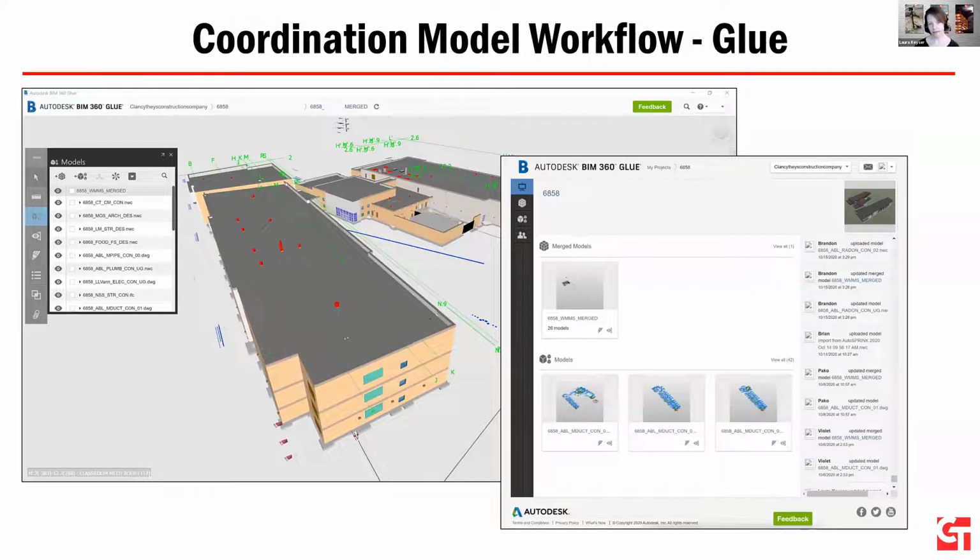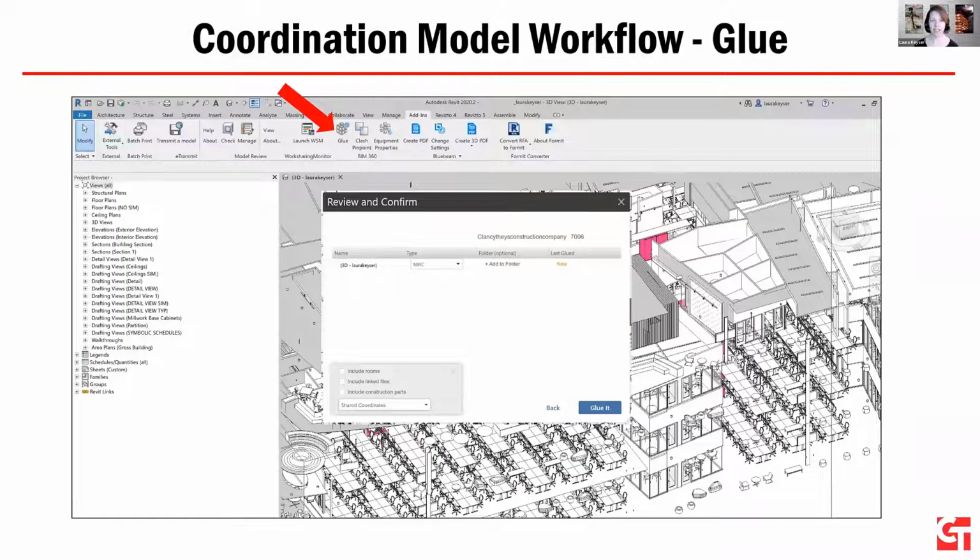It is nice that I can come in here and see anything, like when it was uploaded. So if I'm preparing for a meeting, we really know what's been uploaded when, and we have a little bit more control over that. So Glue, we're going to go ahead and just take a look at where things are. Another little Revit tip,